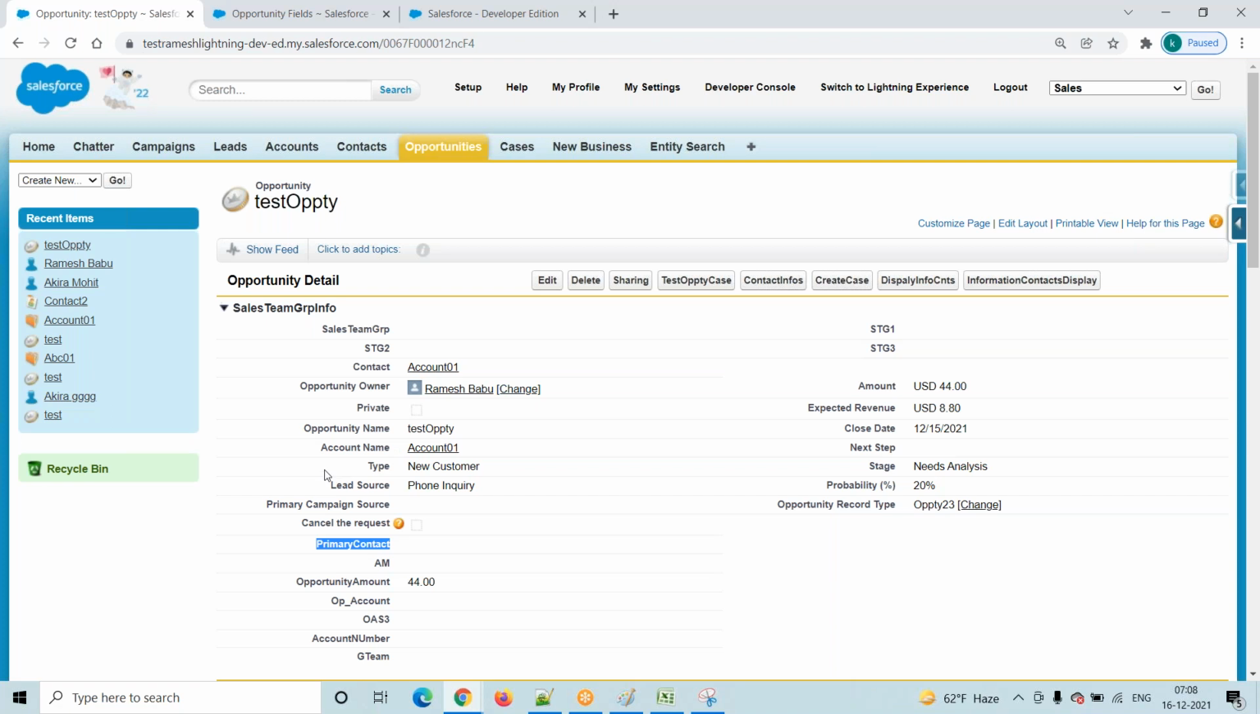So for this opportunity, this is an account. At the same time, this is a primary contact. That is our target. Now the next step is